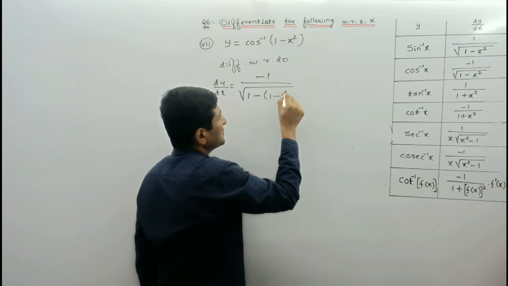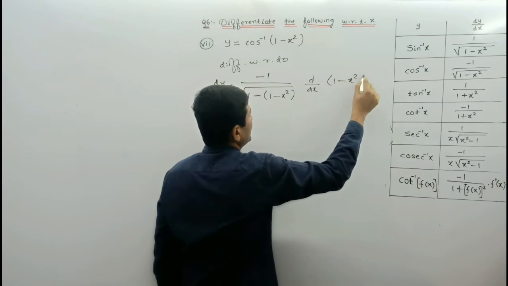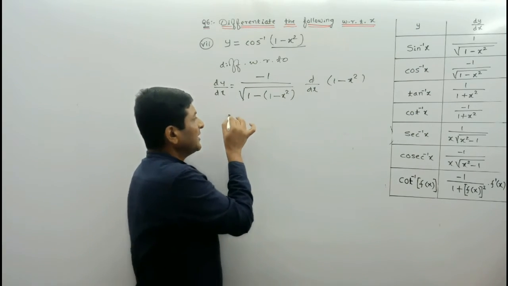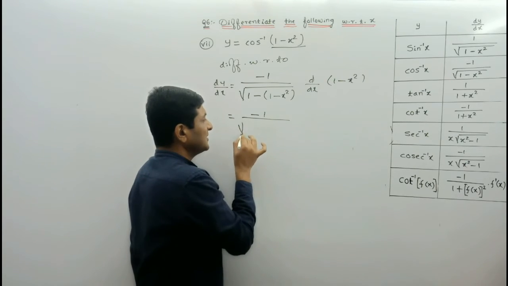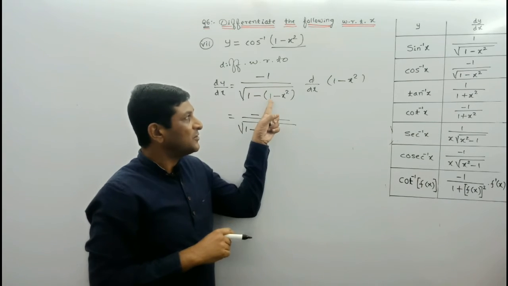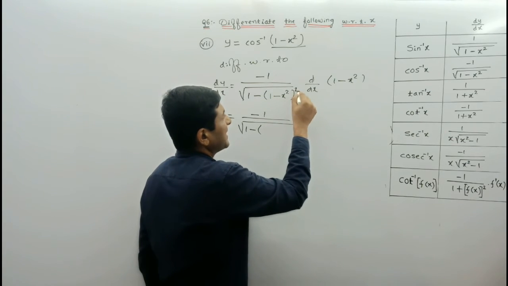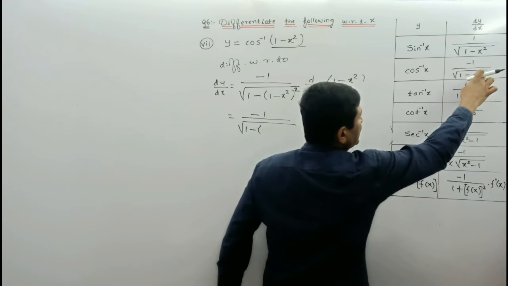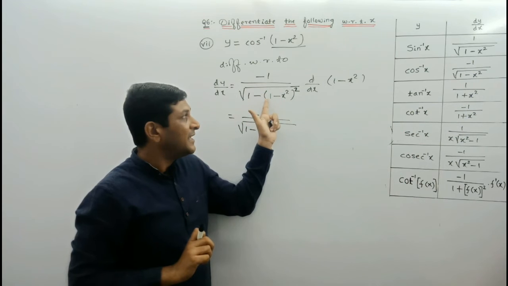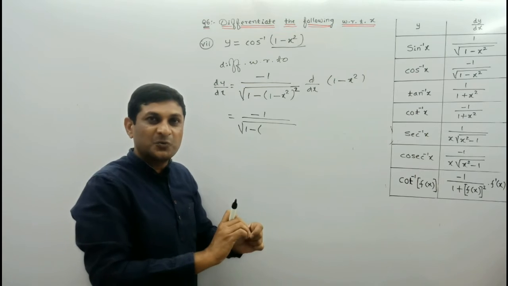1 minus x square into the derivative of f of x, meaning the derivative of 1 minus x square, because here 1 minus x square is our f of x. So this is equal to, in the numerator, minus 1 as it is; in the denominator, 1 as it is, minus also as it is. Now we are finding the expansion of this bracket. This is f of x whole bracket square. I forgot to write this square. So for the square of f of x, we find the expansion applying which formula? The a minus b whole square formula. What is the expansion? a square minus 2ab plus b square.